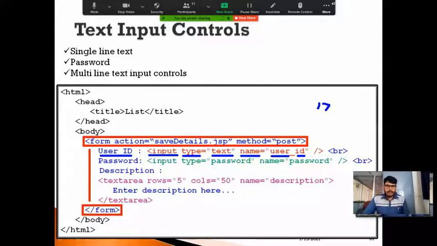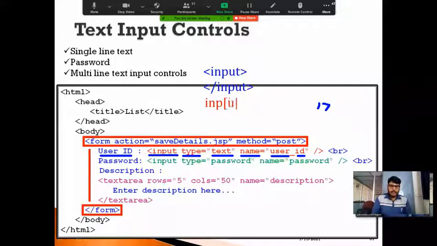So please try to remember that this input tag is an inline tag we can say, because we are not defining the input tag like this. This is the opening tag of input and this is the closing tag of input. We are not doing like this. Normally what happens, we are writing the input tag and we are closing the input tag there itself by using a slash.